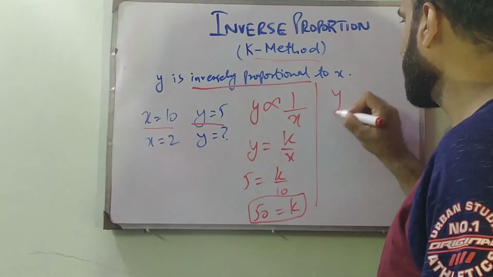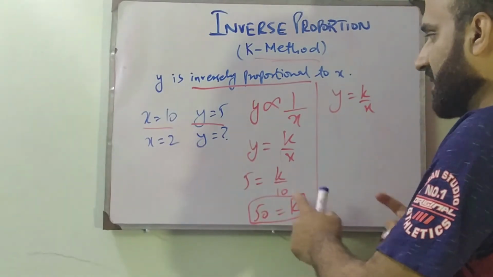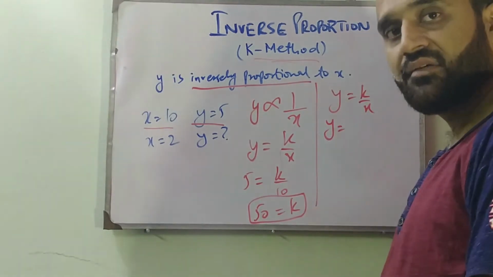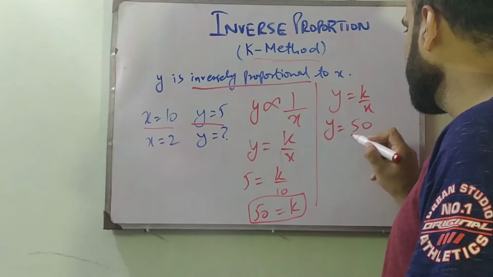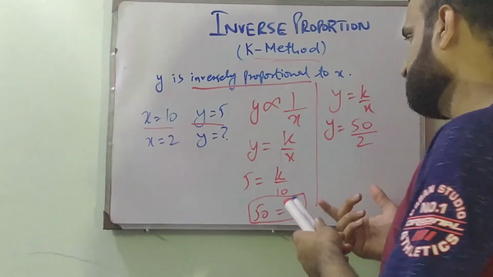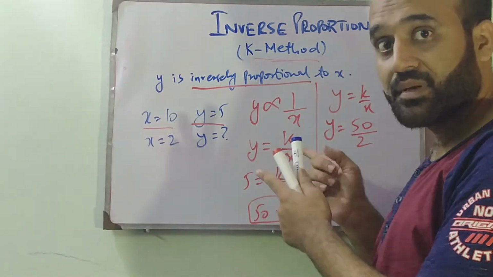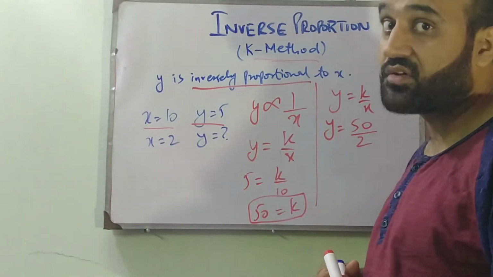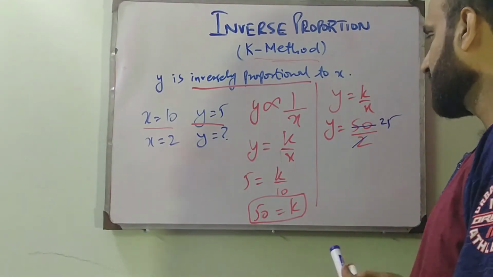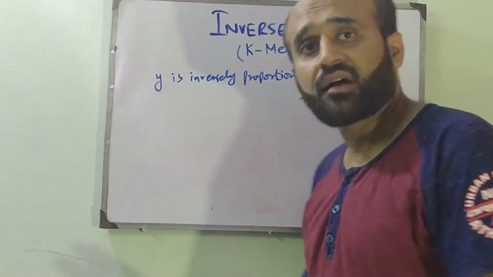Using the same equation again, y equals k by x. The value of x was 2, and we need to find out the value of y by using the same value of k. I'm just placing the values. The value of k was 50 and the value of x is 2. Again, a little bit of mental math, because we already have discussed that this is a paper 1 concept, and definitely the calculator will not be allowed in paper 1. Right? So 25 times 2, the value of y will be 25. Let's take another example.